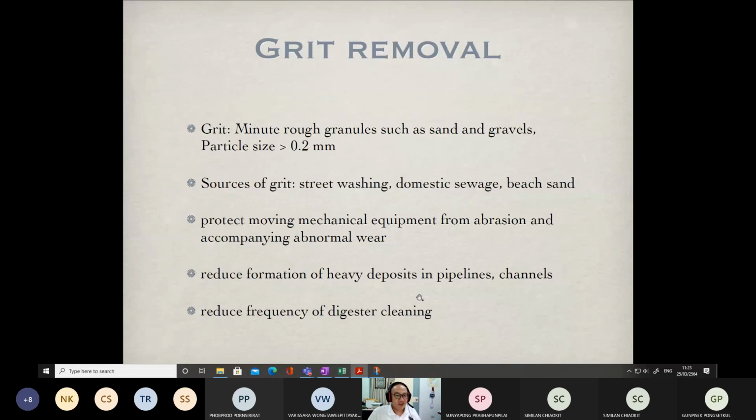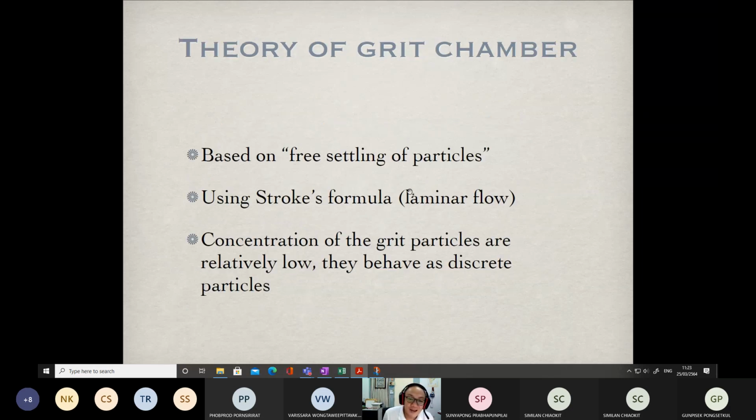The grit chamber is basically used to remove grit. Okay, and the grit, as their size is very small, the densities are also quite high, quite large. So when we drop these particles, they will precipitate or settle to the bottom of the chamber smoothly, flowing under laminar flow conditions. Stokes formula, S-T-O-K-E-S, not